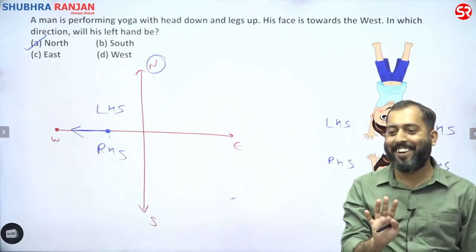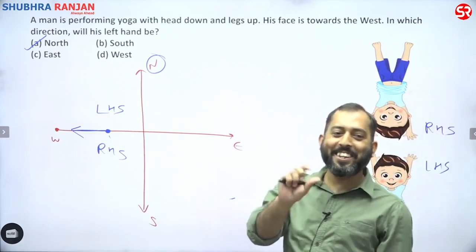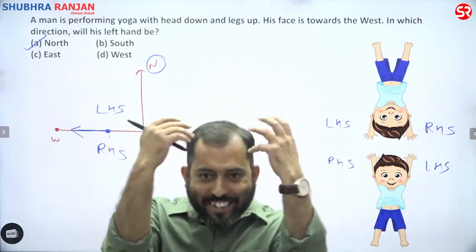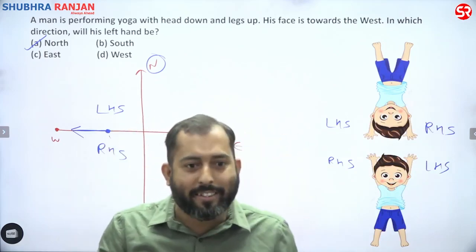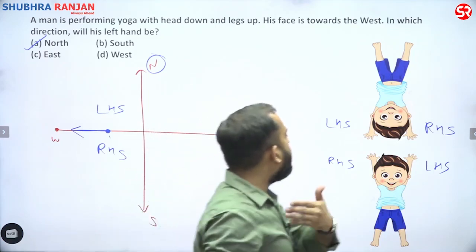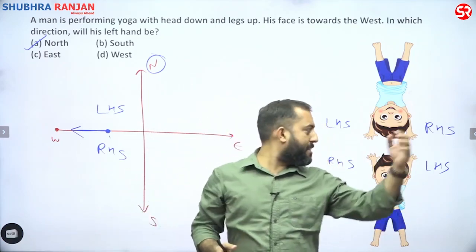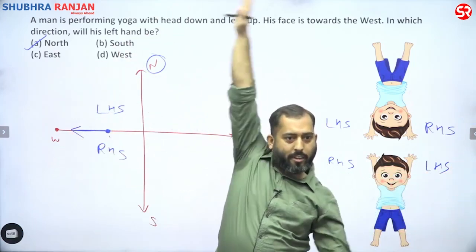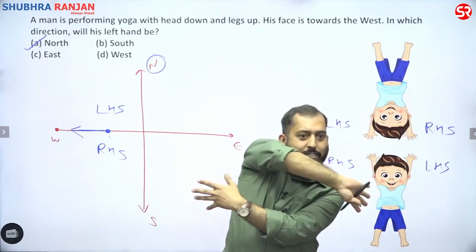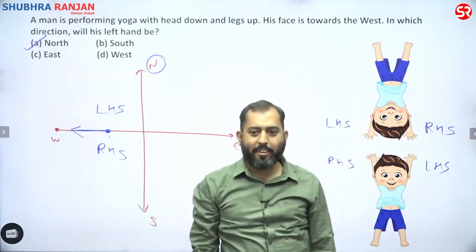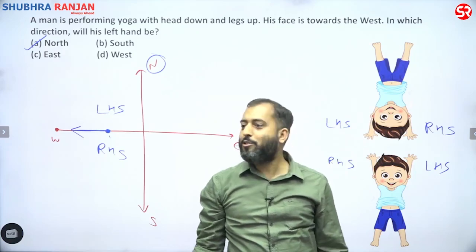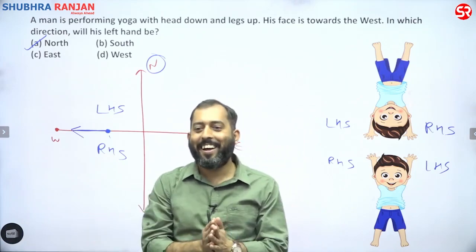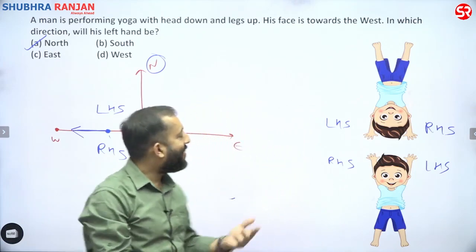Direction sense is simple, why are you getting so confused? Just the interchanging of hands is going on, nothing else, isn't it? See, I'm facing you people, so this is my left hand side, this is my right hand side. Make me upside down. Right is this, now left is this. Yes or no? Yes, sir. Agreed? Sure. Okay, let's see.